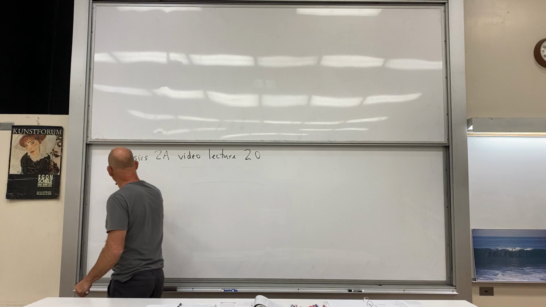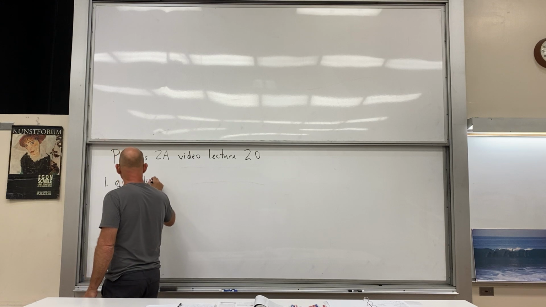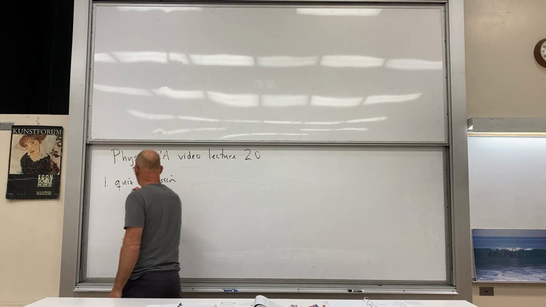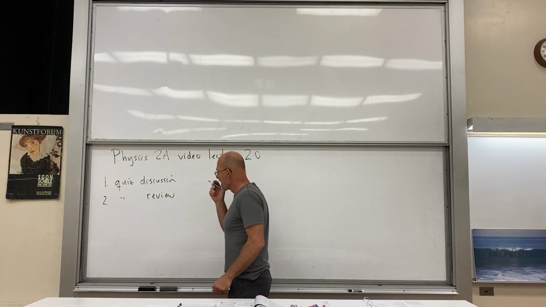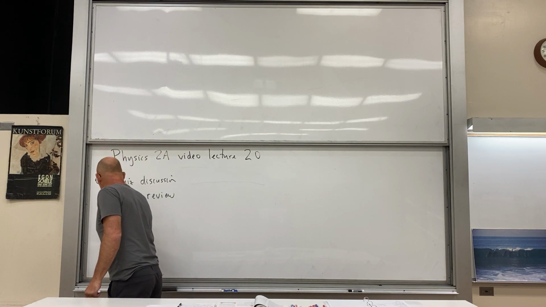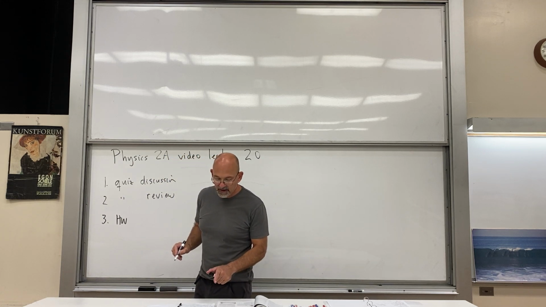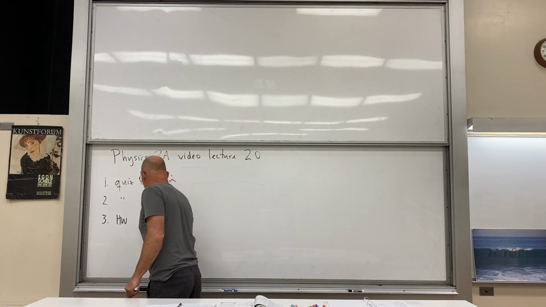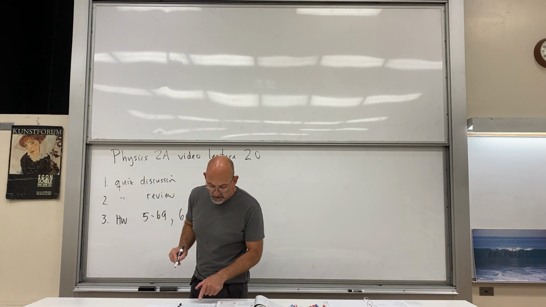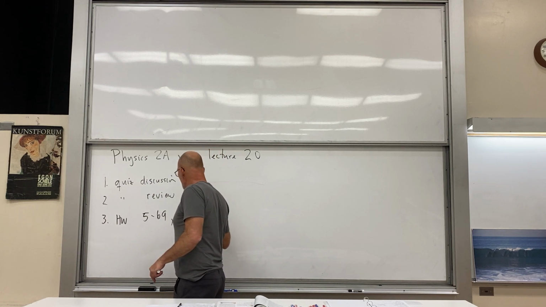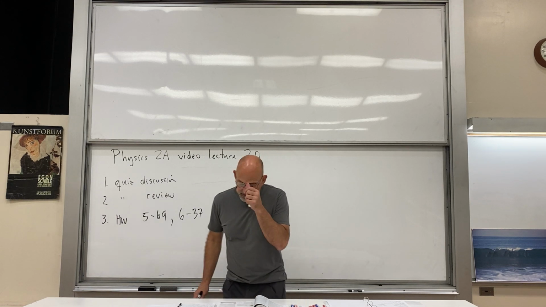So let's put our agenda up on the board. Quiz, discussion, and review. So I'll review that. Then I also had a few homework problems, and somebody wanted to have chapter 5, number 69, and chapter 6, number 37 discussed. Thought I did this one again, but I don't mind. Talk about it anytime. And what else is on our agenda?